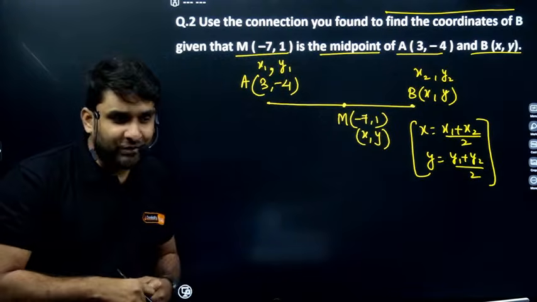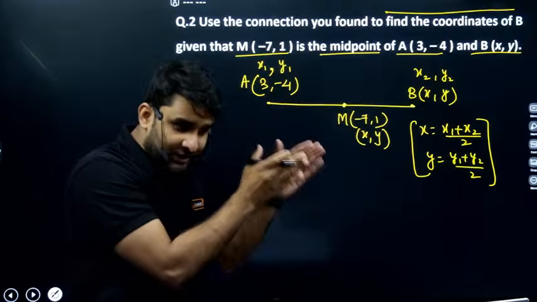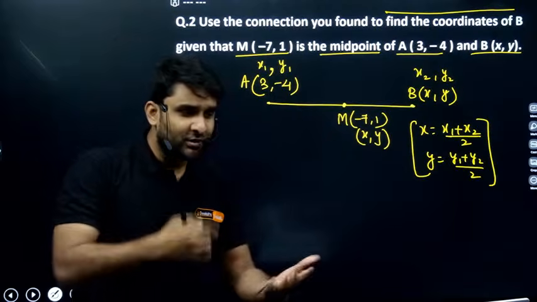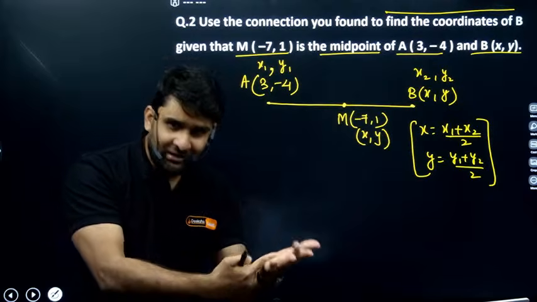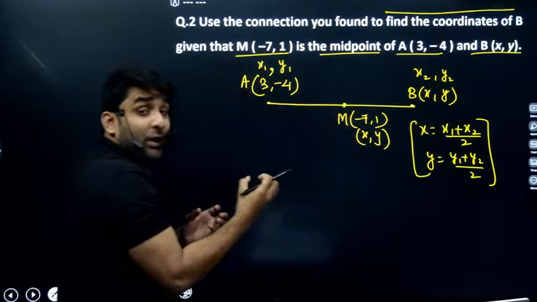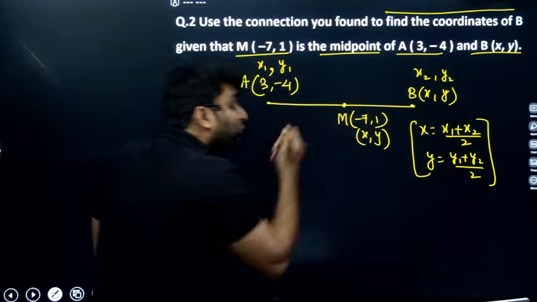X, y are the midpoints, and the terminal points are called x1, y1, x2, y2. Clear? Now use the formula. Put the formula. Get the answer. So my dear champion, if M is the midpoint and the coordinates of the midpoint are already given to you,